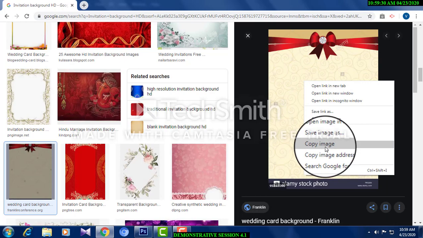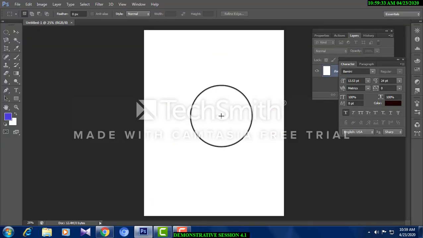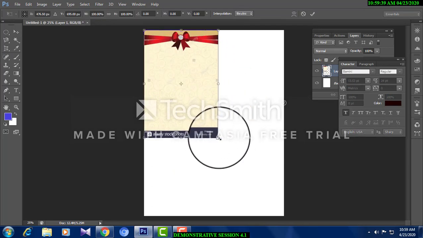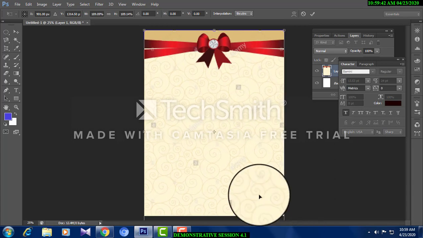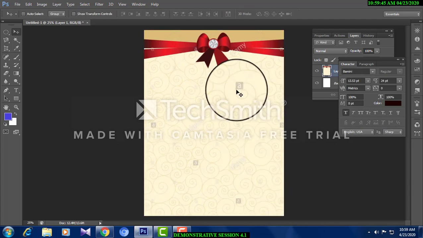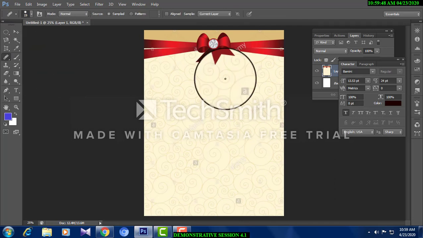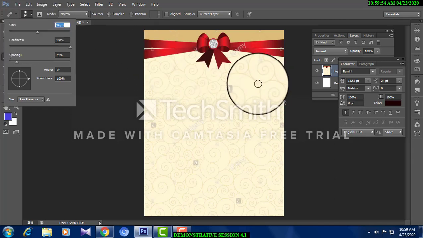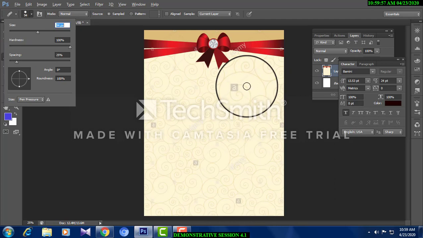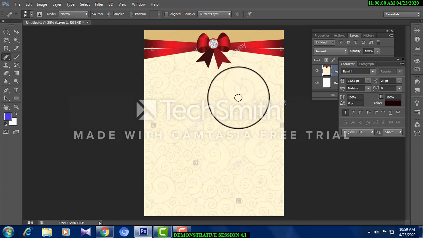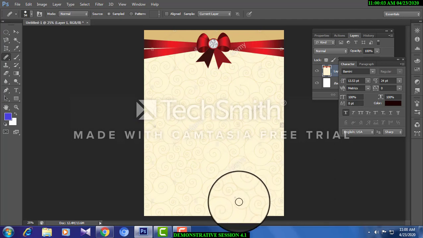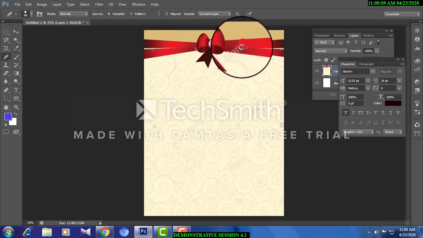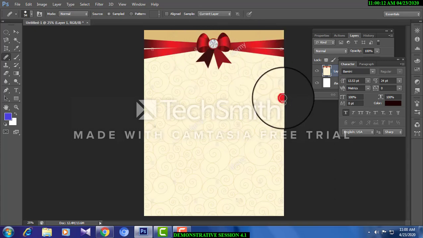Copy this, paste it in the Photoshop file and enlarge it with Ctrl T, transformation. Make sure, see, some letters are seen here. Just heal it with the healing brush, just increase the brush size. Press Alt to set the source, click the source and click it here, it is gone. See, look here, it is gone. Likewise here also, again go here.